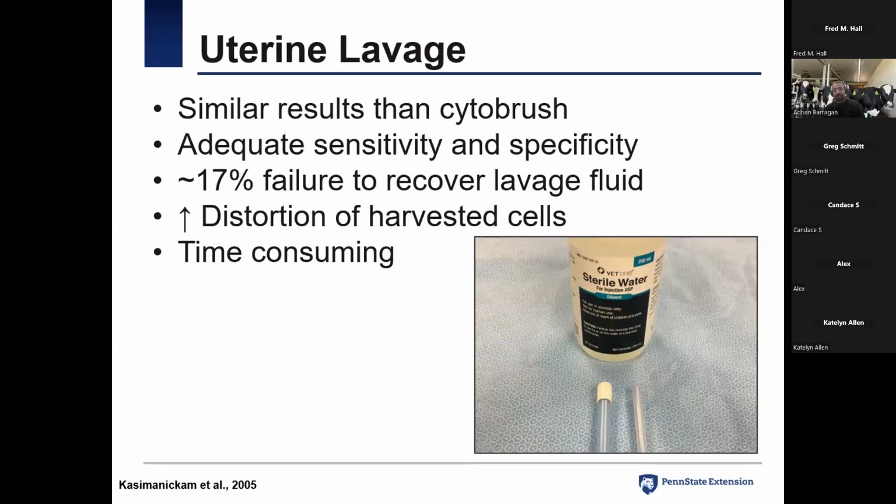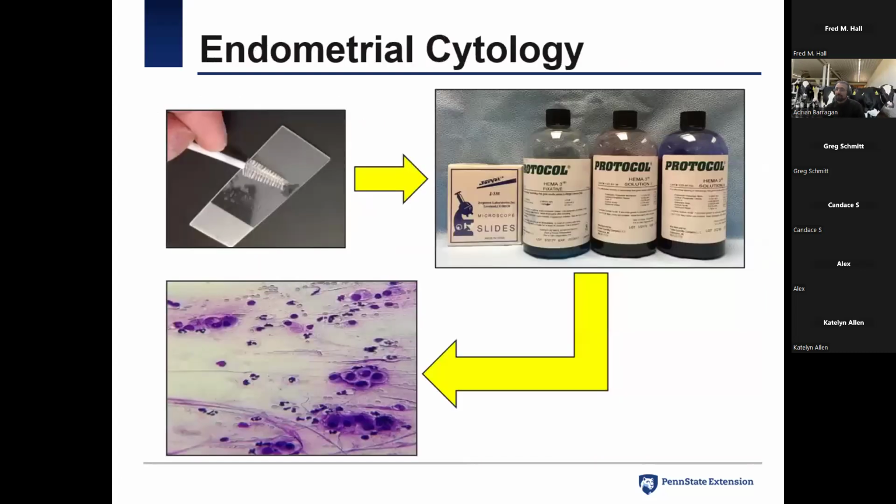Uterine lavage is similar to the cytobrush, and it definitely can be used, but as I mentioned before, in a troubleshooting manner. And basically what it is, we collect cells from the endometrial wall, and we look at those cells, and we're looking for all of these multilobulated, clear cytoplasm neutrophils right there. All of those are neutrophils. So they actually have a lot of those in this smear.